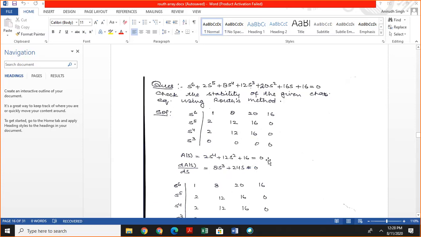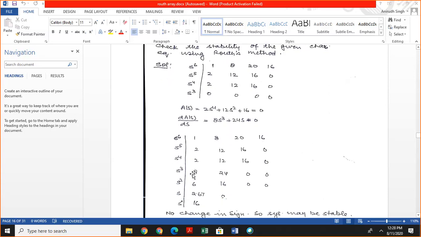This is auxiliary equation, and differentiate this auxiliary equation with respect to s. Then this is the coefficient for this row 1: 8 and 24, and next we calculate